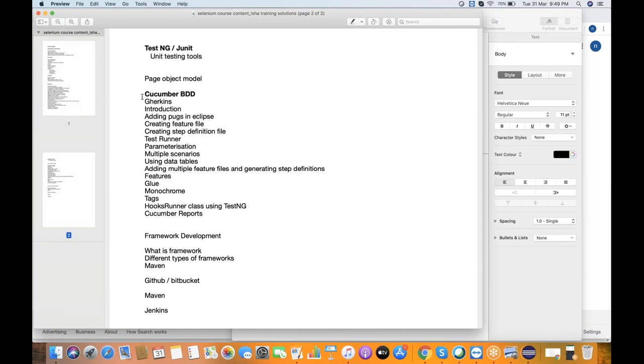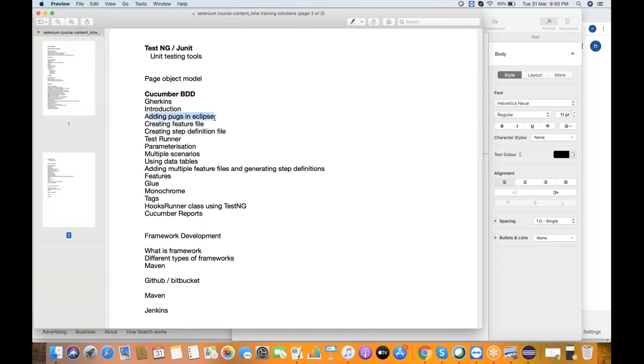BDD will be covered from scratch, but only after covering how to automate test cases manually in TDD without using BDD. Once that is covered, then I'll cover BDD from scratch.